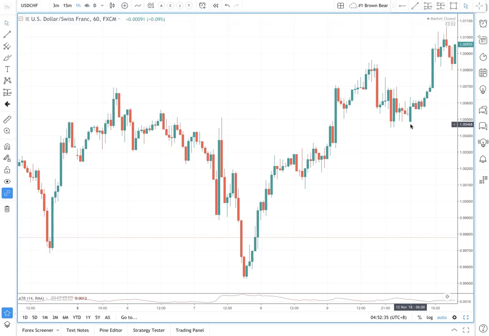If I put my mouse here, the number is 11. In the last 14 candles, the average movement is 11 pips. Now that you know this, when we're looking for a trade, all trades generate from one opportunity idea: